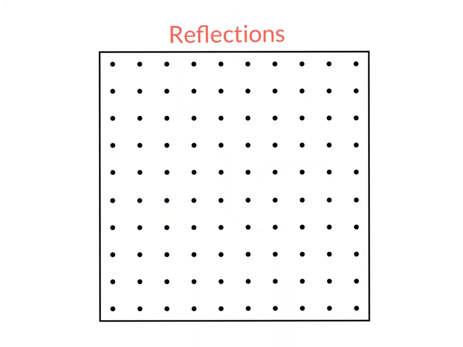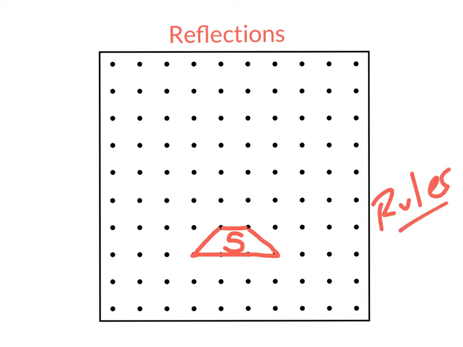Here's another example. Let's say that I have a shape like this. Now, when you draw it, what are you going to use? I hope you said ruler. Yes, please use a ruler. So there's my shape, and here is my line of reflection. Now, what would my image look like? Well, if you think it's going to look like this,